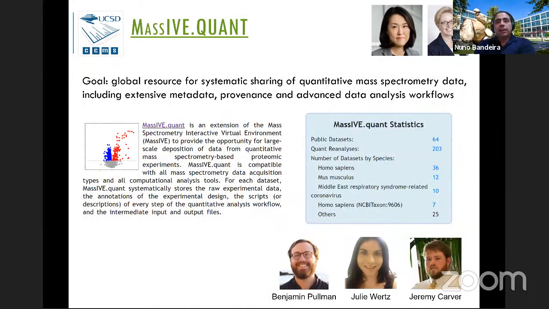With this goal in mind, we teamed up with Olga and Meena and put together the Massive Quant resource, which builds on Massive's ability to store and represent data sets, and adds the additional things that we need to represent quantitative data sets, where we aim to capture the metadata that's necessary for these analyses, as well as the scripts and the results that are derived along the way, as well as the final results, of course, of the quantitative analysis. As it is today, we are at slightly over 200 reanalyses that are quantitative and give you differential abundance results of 64 data sets across a variety of different